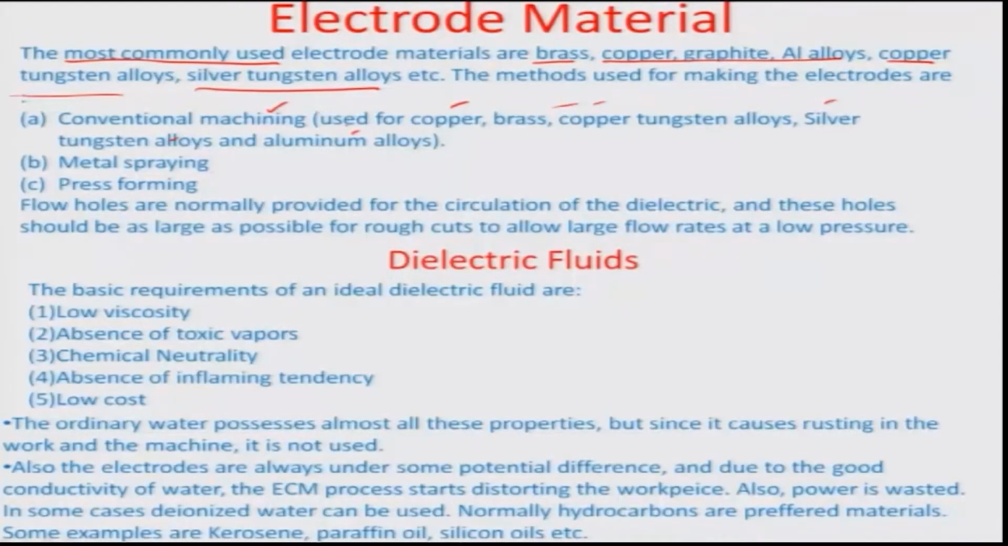There is metal spraying and press forming, which are some of the other processes which are utilized for making tool materials or electrode materials. You also need to produce flow holes, which are provided normally for better circulation of the dielectric, and these holes should be as large as possible for rough cuts to allow large flow rates at a low pressure. Regarding dielectric fluids, the basic requirement of an ideal dielectric fluid is really that it should be